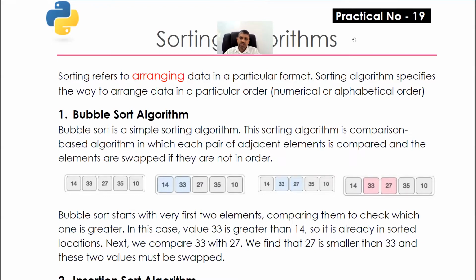So you will remember we discussed commonly used algorithms. You can remember in practical number 9 or 10, we discussed commonly used algorithms: sum, average, product, minimum, maximum, and sorting. They are the common data processing algorithms. So if you remember,